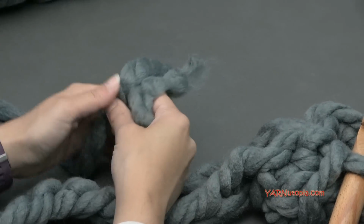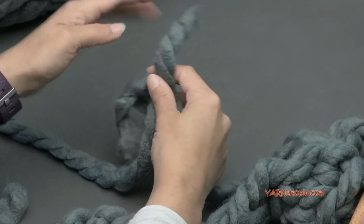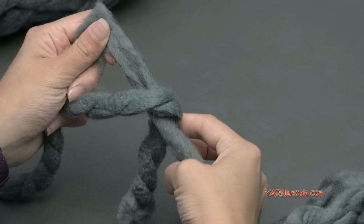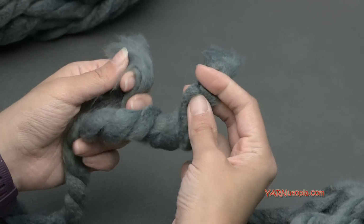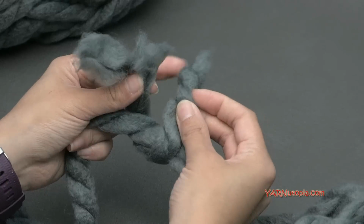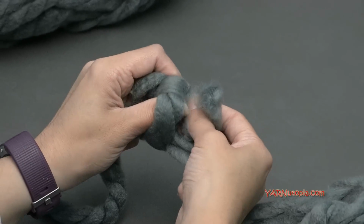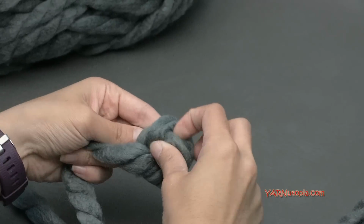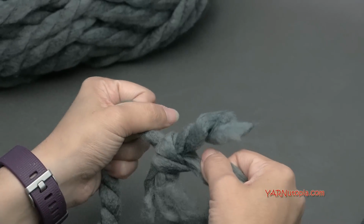And what we're going to do is tie these 2 in a knot. So we're just going to easily put one over the other, and then go down around it. Okay, then we're going to cross them over again. Okay, and then go down around it. Okay, just an easy knot, and then pull, and then pull,